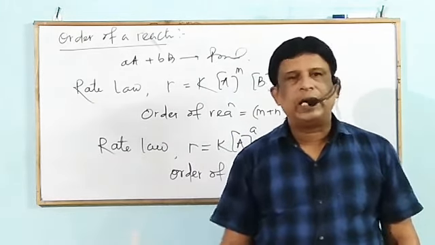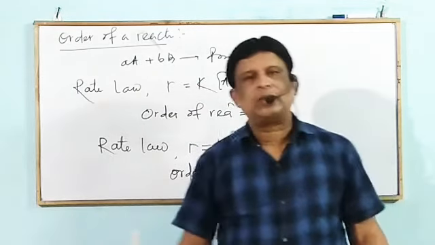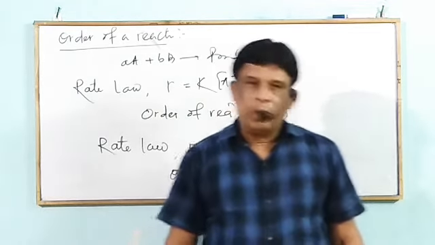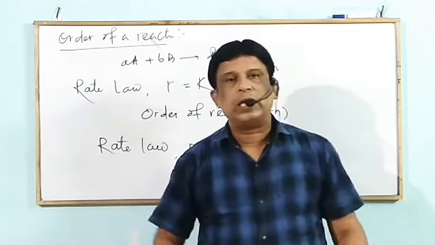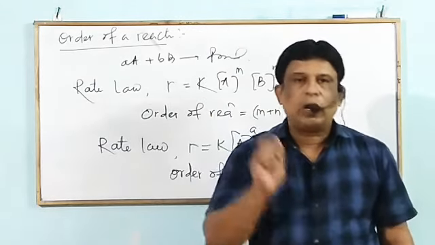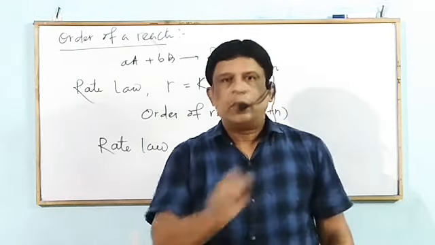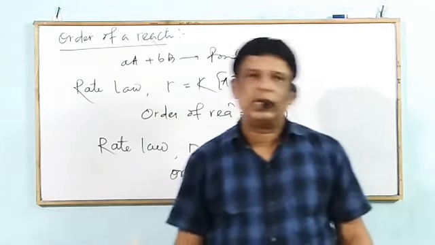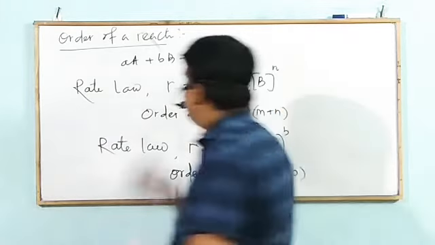For an elementary reaction, we calculate the order by applying the law of mass action, which equals the rate law. But for a complex reaction, which proceeds in a number of steps, we calculate the order of the reaction as a whole. That means for each step, order of reaction has no meaning. Then we go through the characteristics of order of reaction.